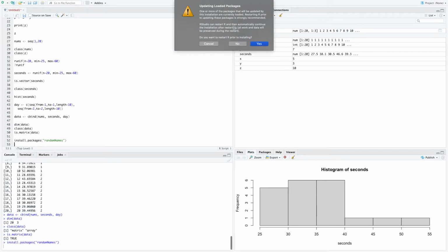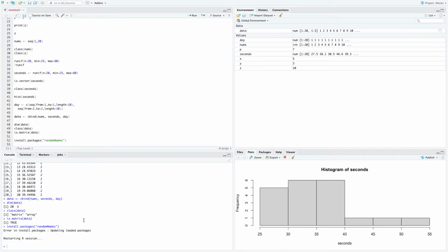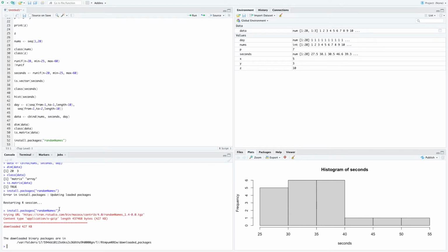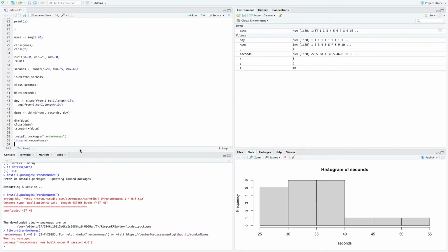I've already installed it, so it's giving me a little warning and saying, well, you've already got this, and I'll just, for the purposes of this, say, yeah, whatever, that's fine, I don't mind. But essentially what it's going to do is look into the central repository of packages for this package called randomNames. It finds it there, downloads all the binaries, and it basically installs that package onto our system and into our session. I then call that package that I've just loaded using library(randomNames), and then that will load up